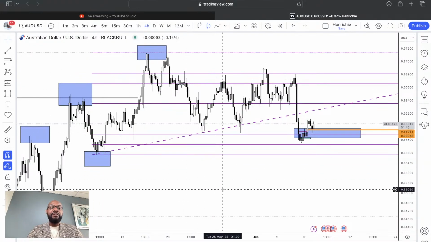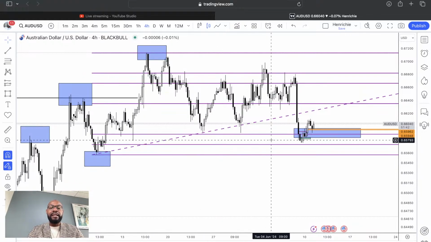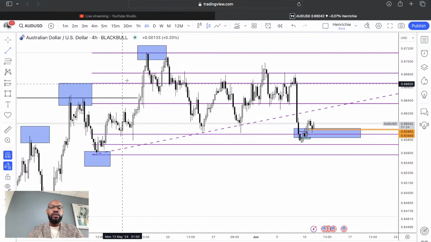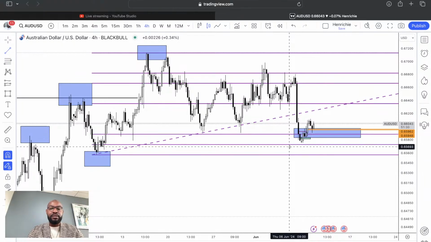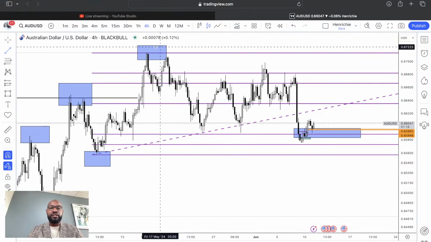So rather than us see that, I will most likely prefer to see price have a reaccumulation from this zone and then a potential continuation to the upside. Because this zone, if we're using the Fibonacci from this low to this high, this zone right here is our extreme discount. So if we want to see a potential reaccumulation, this area would be a perfect area to anticipate a reaccumulation and then potential continuation to the upside.